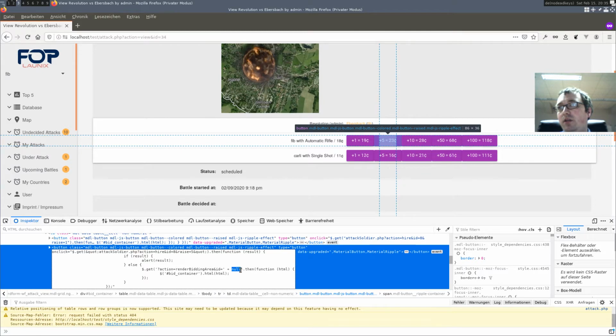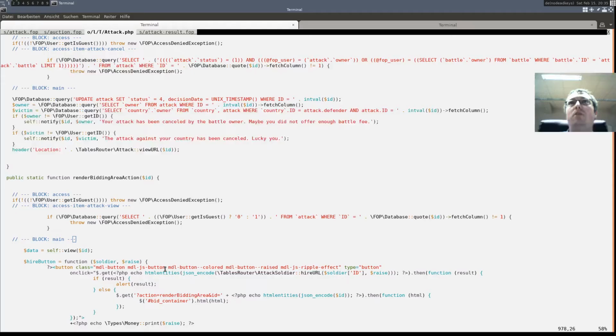It really returns null. So why doesn't it return the correct ID? Because we are in the higher button and we have to extend it to use the variable ID, and then it should work.